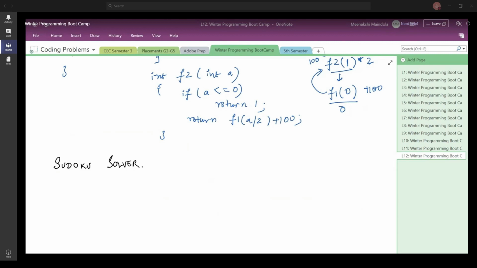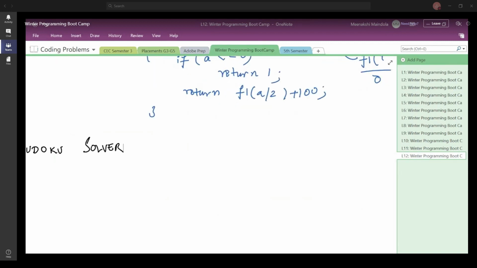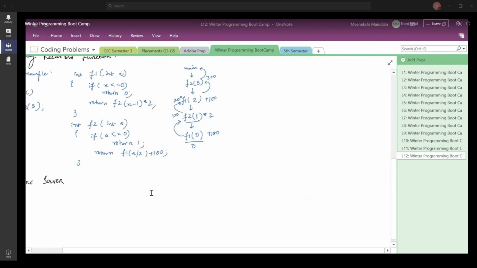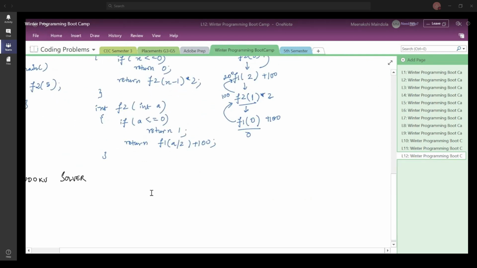Okay, so you don't know how Sudoku is solved? Okay, a lot of you know it as well. Okay, so let us do one thing. Just give me a moment, because I thought that all of you might already know how it is done.